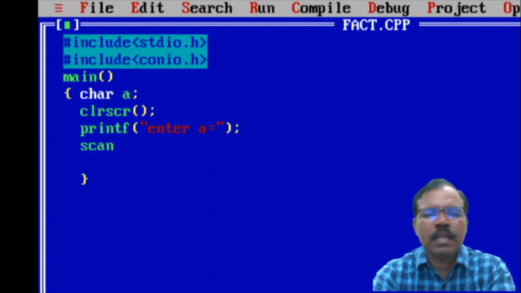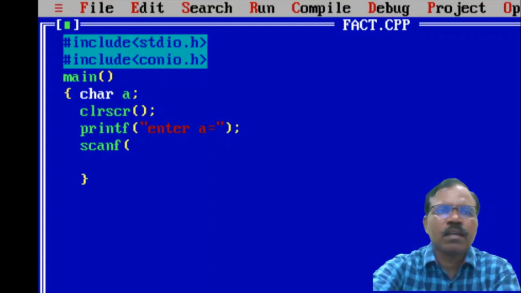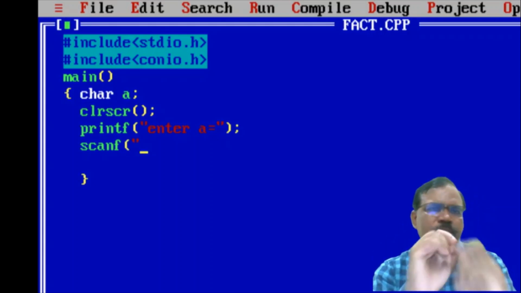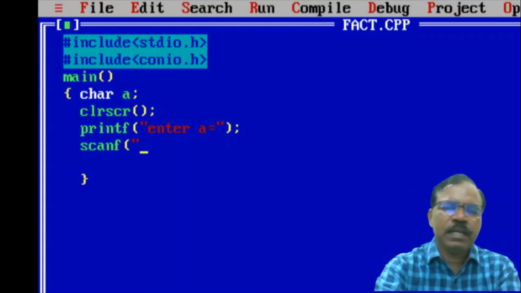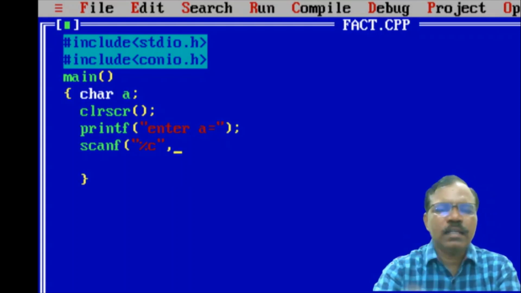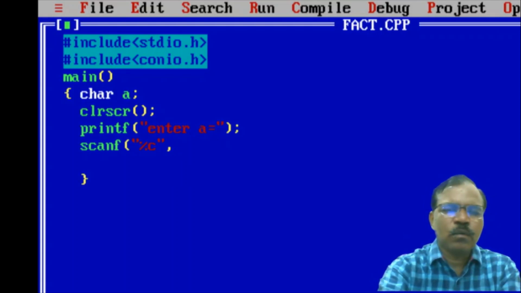Now scanf function, and now I have to enter a character. So the specifier used for character is %c, and now the variable for character we have declared as a.